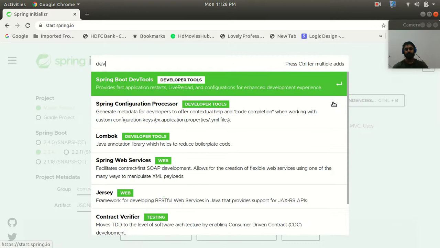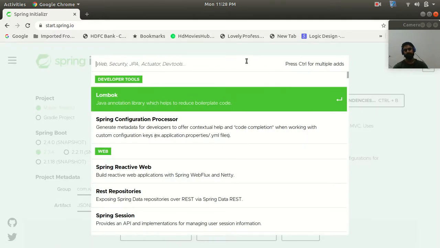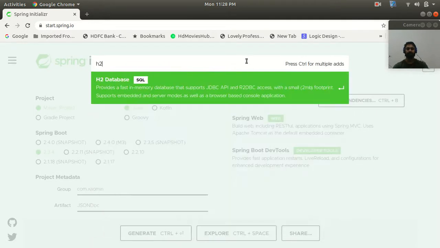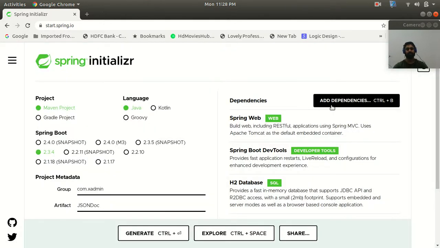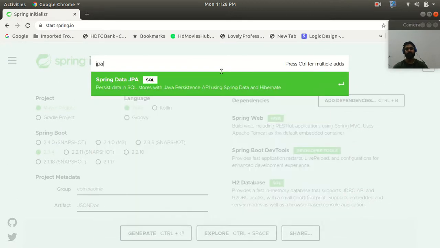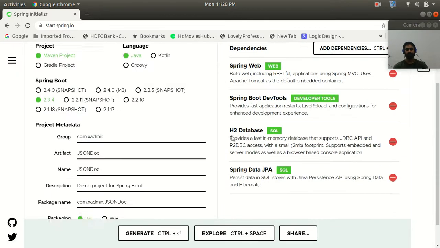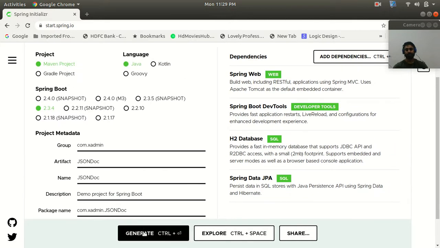I will also add Spring Boot DevTools so that my project automatically restarts after adding or editing my application. And I will use the H2 database, an embedded database to save some data. Then I will use Spring Data JPA for my repository. So these are the four dependencies I have added to my application. Now let's generate it.